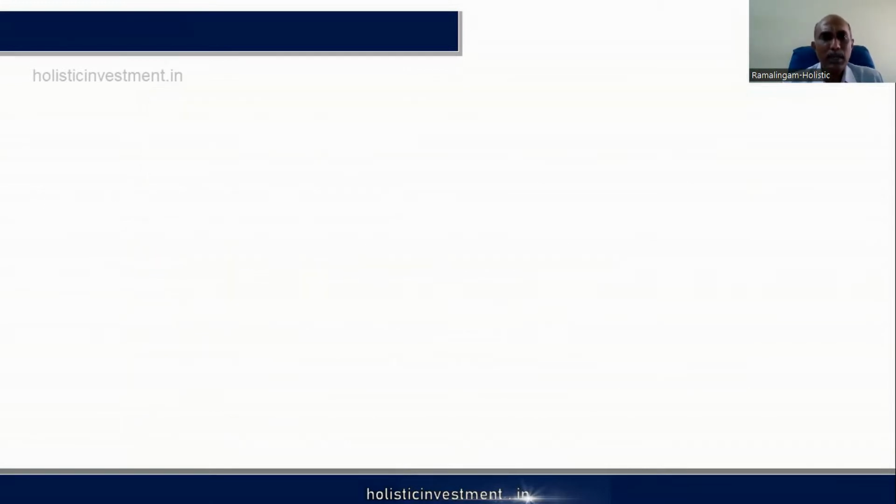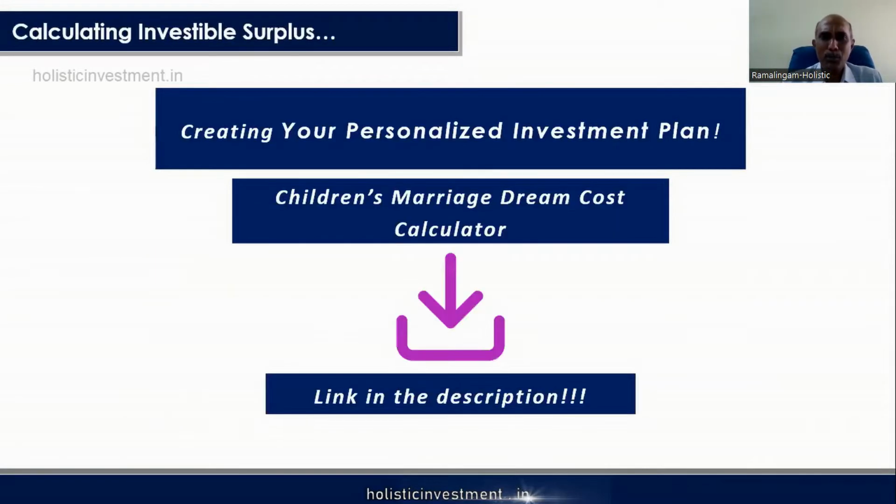Doing this calculation may sound a bit complicated to you. How can I arrive at the monthly investment? How should I invest? I'm a bit doubtful. How do I go for it? Don't worry. We have given a link below in the description of this video. Click that link. You will be downloading a simple Excel file. This is not rocket science. It is a very simple Excel file with specific data where you key in. It will tell you how much you have to invest monthly to meet that particular goal.